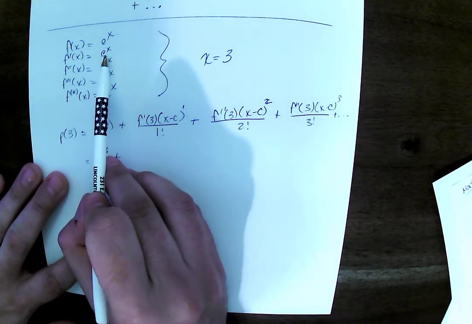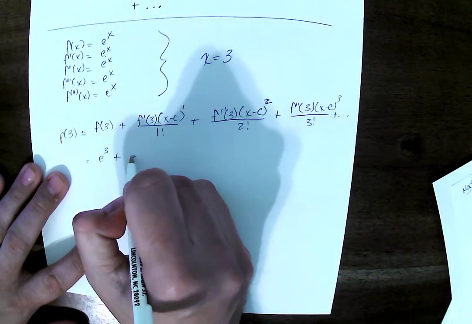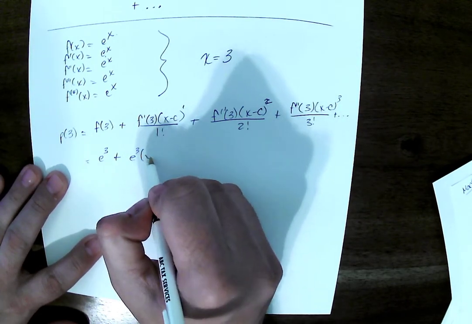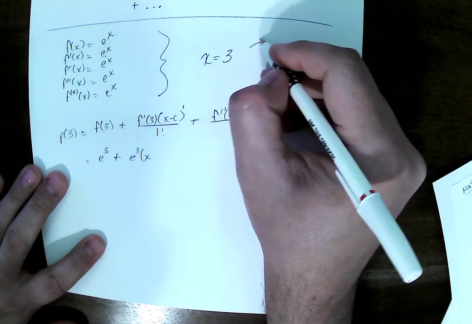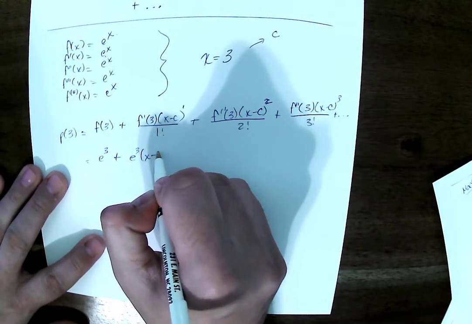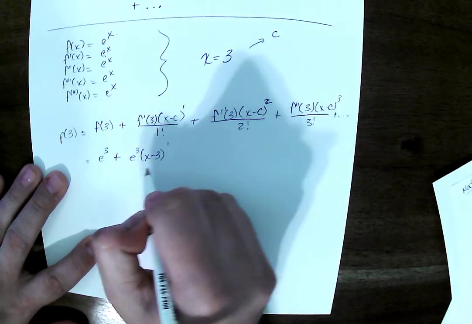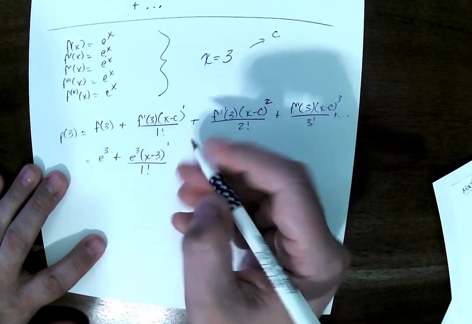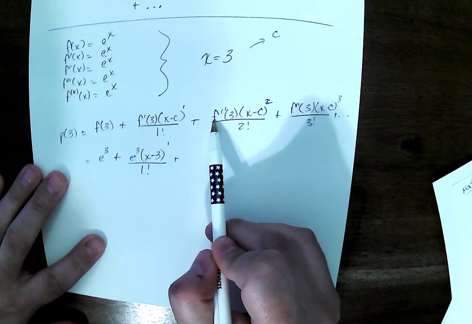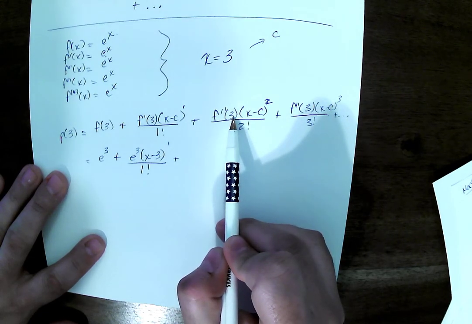The first derivative is just e to the x, so that's also e to the third power, times x minus, and in this particular case we're going to treat 3 as our c, x minus 3 to the first power over 1 factorial,